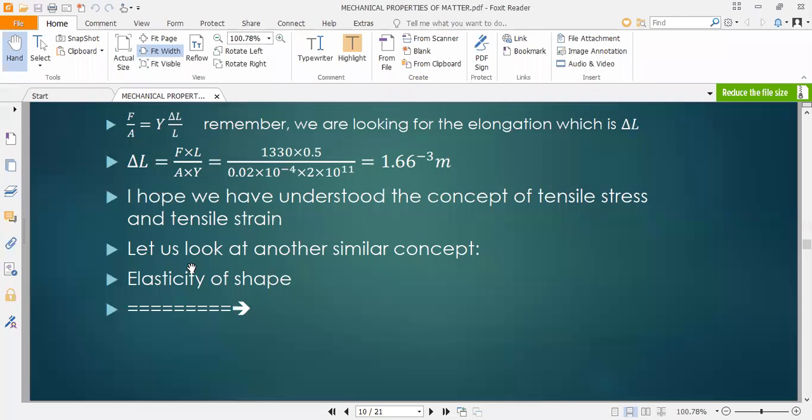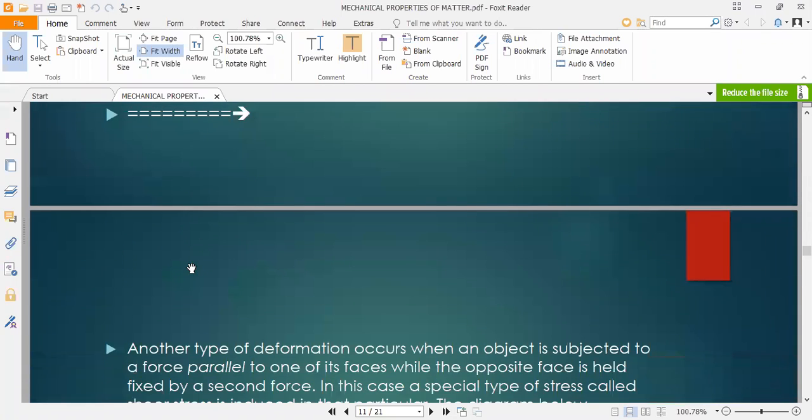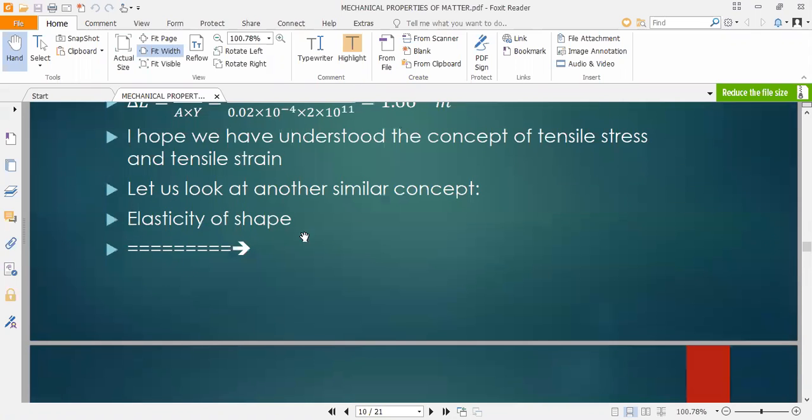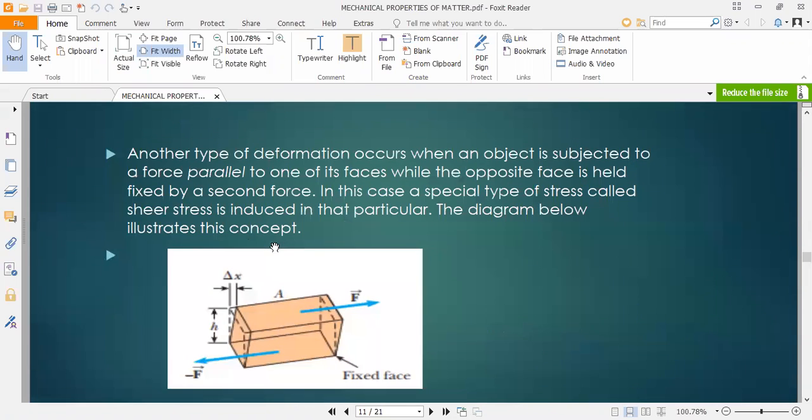Awesome. So we are looking at elasticity of shape today, and you will discover that the same concepts that we applied on tensile strain, we'll apply again on elasticity of shape. It's only that here we are trying to change the shape of an object by shearing it. When we talk about elasticity of shape, if we look at this object, it is a rectangle, but when we